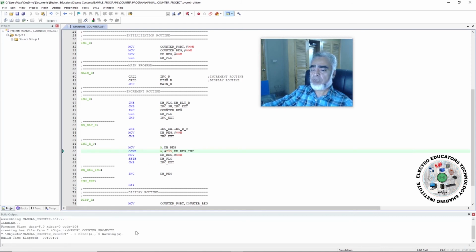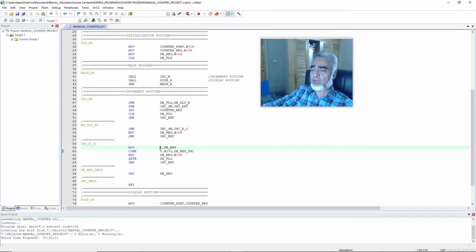Here we can find 0 error, 0 warnings. It means that we cannot compare any location from general purpose RAM with a direct number, but we can use any member of the register bank, that is from R0 to R7, instead of the accumulator. So here we'll replace the accumulator by R0. To check this concept, we replace the accumulator by R0 and now we'll compare R0 with 255